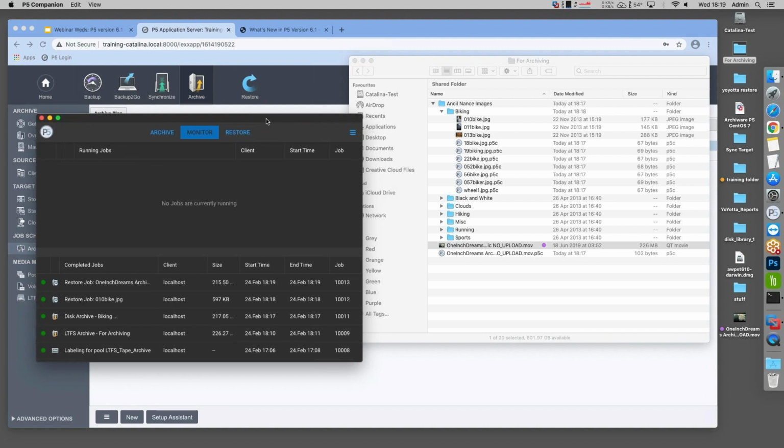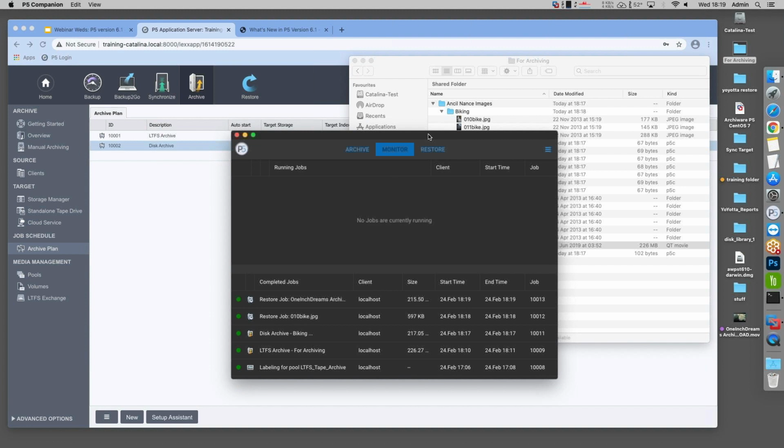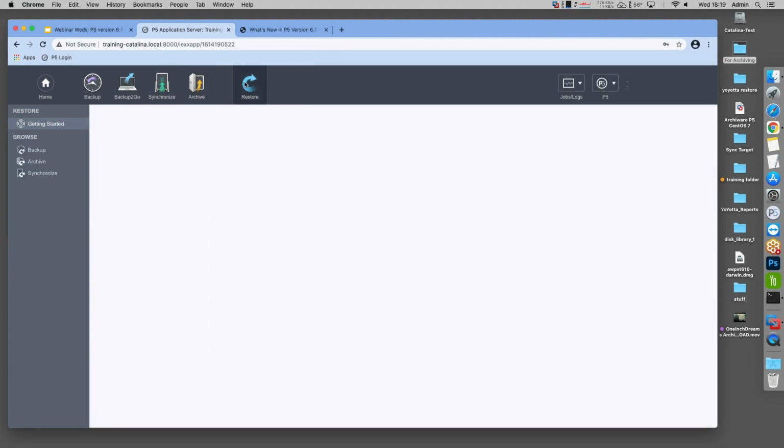So you can have all the power of a tape library sitting on your LAN with P5 software driving it, and then people can just drag and drop from a file system, freeing up space as the original media files get replaced by these tiny stub files, but have the functionality of being able to restore from the same interface. But of course, everything that gets archived via this application shows up in the archive index here back in